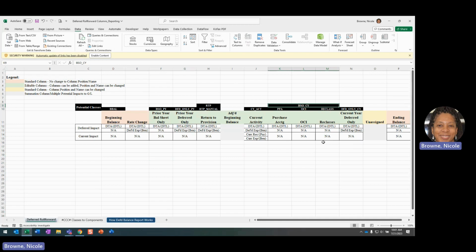I will typically say when I'm working with clients to create a deferred roll forward view, what are your reporting needs? Because if you have particular activity that is prevalent in your business, you are going to potentially want a specific column for that. So if you're very acquisitive, then you're probably going to want a purchase accounting column and will not want it